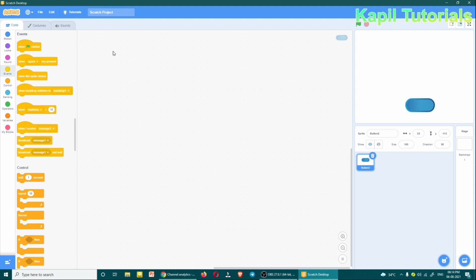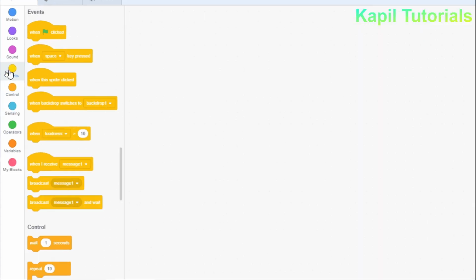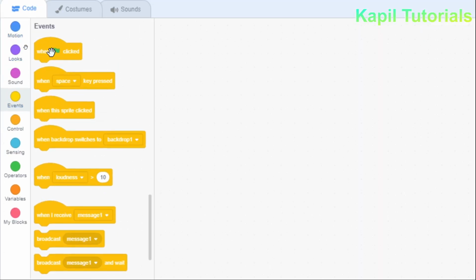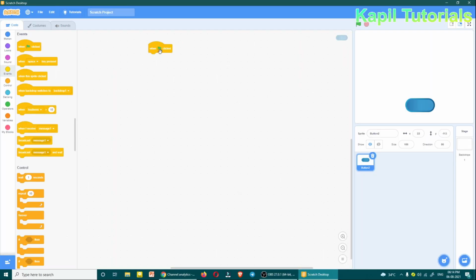Okay, now first of all I have to go to events and then when clicked, and then I'll drag it here. So the first step will be to take your sprite. Now after that, I want my button to always come somewhere in the middle at the bottom. So how will it do that?